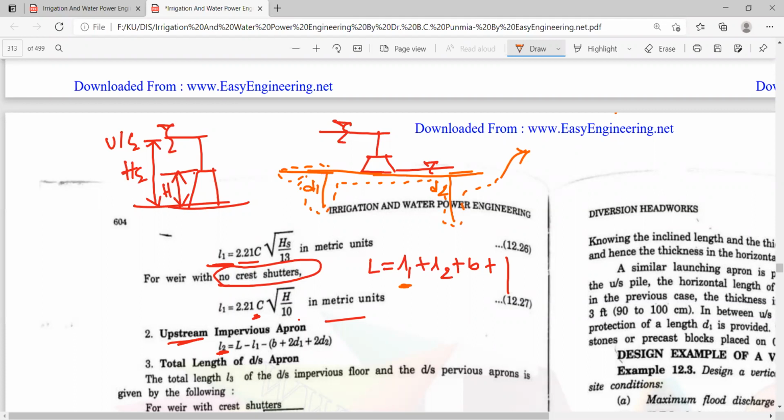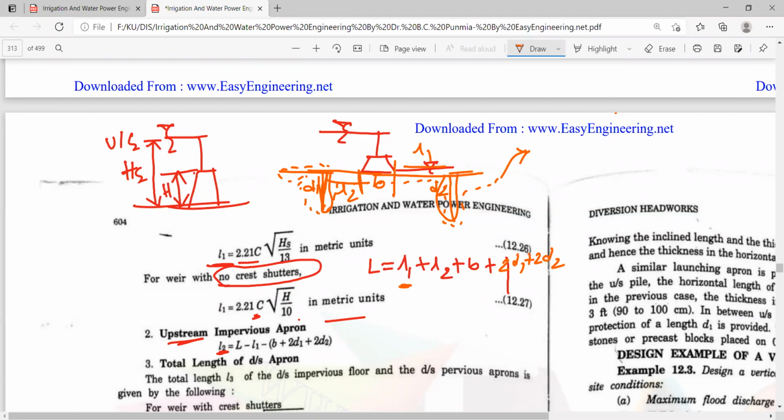L1. So this is the L1 plus L2. This is L1 and this is L2, plus B plus 2D1. Here it comes down like this and goes back up again, so D1 plus D1, which is 2D1. Here also it comes like this and goes back, so it moves 2 times. So 2D1 plus 2D2. So total length of creep will be